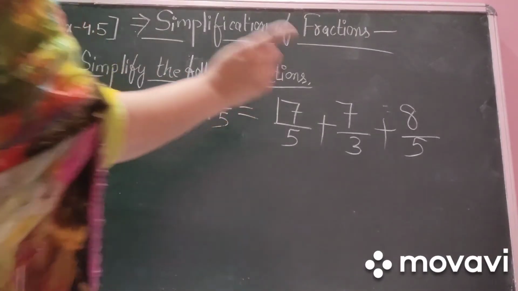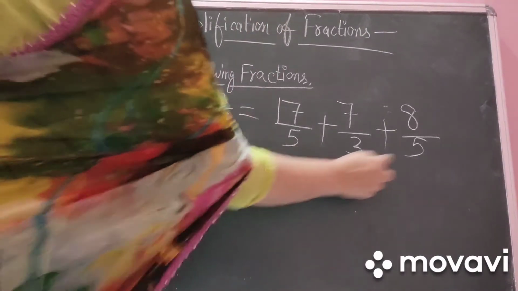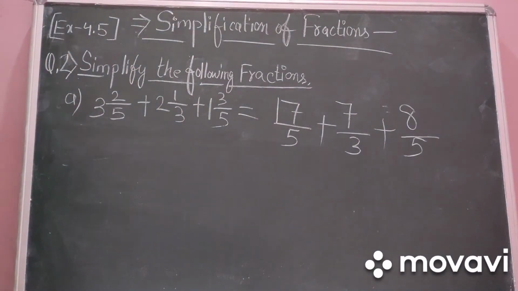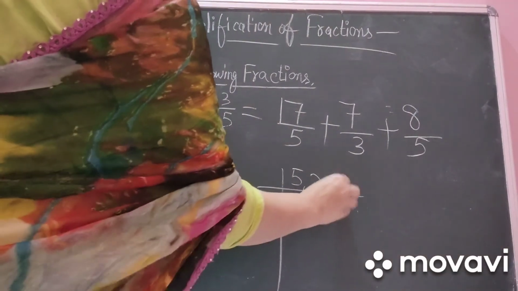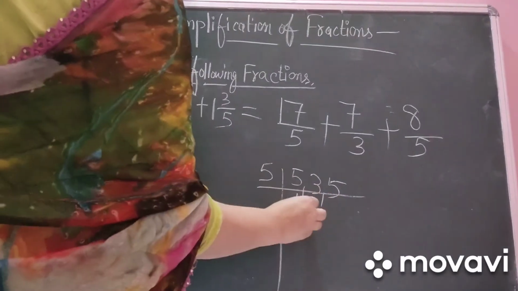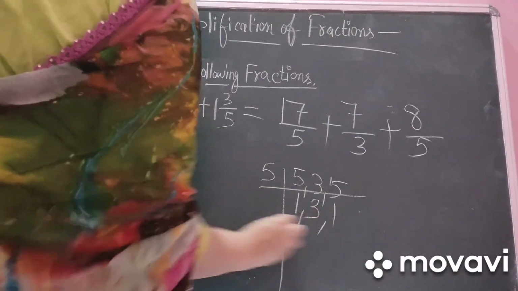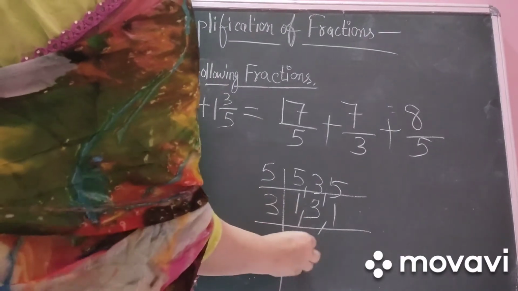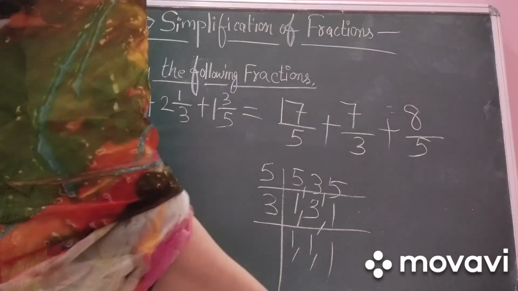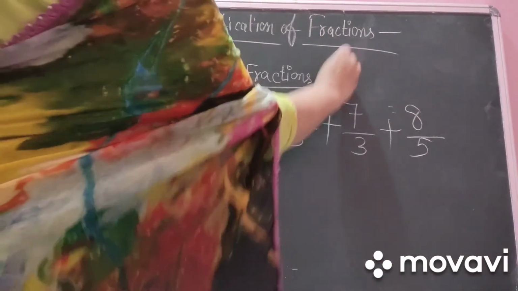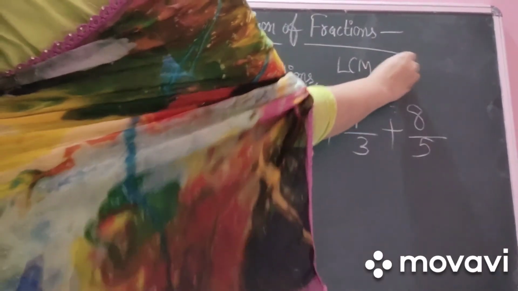Here we cannot add the numerators directly because यहाँ पे तीनों के पास same denominator नहीं है, ये तीनों like fraction नहीं है. So for this we have to calculate the LCM of the denominator and we have to make all the denominators equal to the LCM. So LCM calculate करिए 5, 3 and 5 का. 5 से लेते हैं, 5 1s is 5, 3 will remain as it is. Now 5 1s is 5. Take 3, so 3 1s is 3. So the LCM is product of these factors, that is 5 3s is 15. We are having LCM equal to 15. I am writing here. LCM is equals to 15.